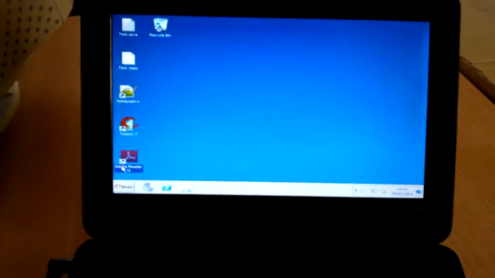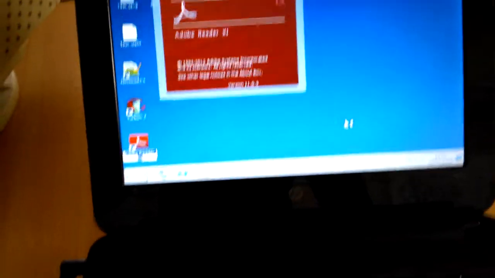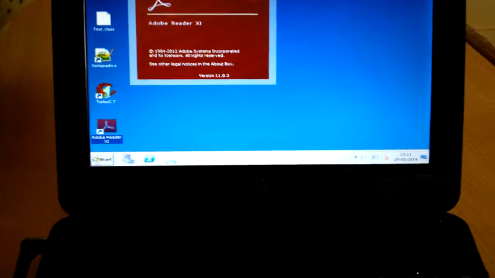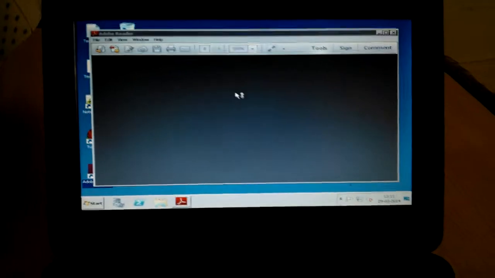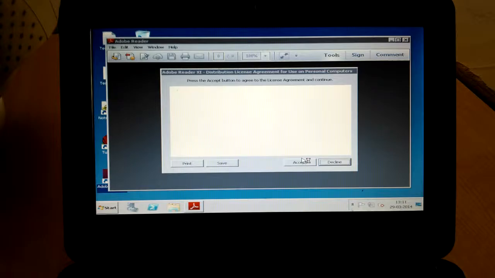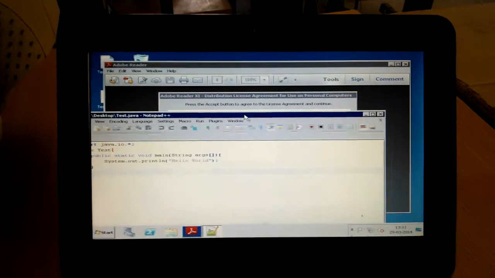So let's try running Adobe Reader here. As you can see, over the Ethernet the speed is quite fast. Except here I've got a Java program running.